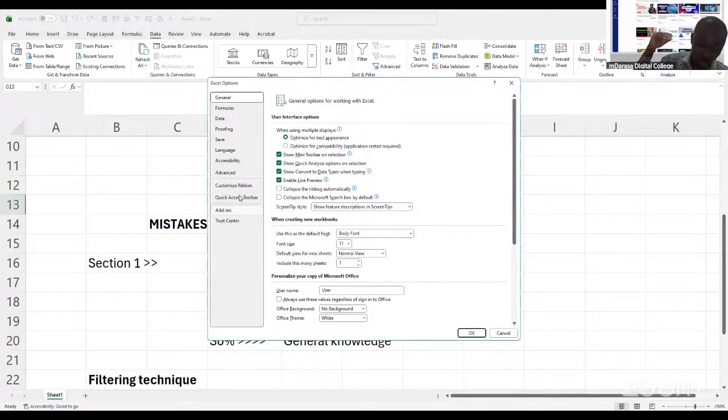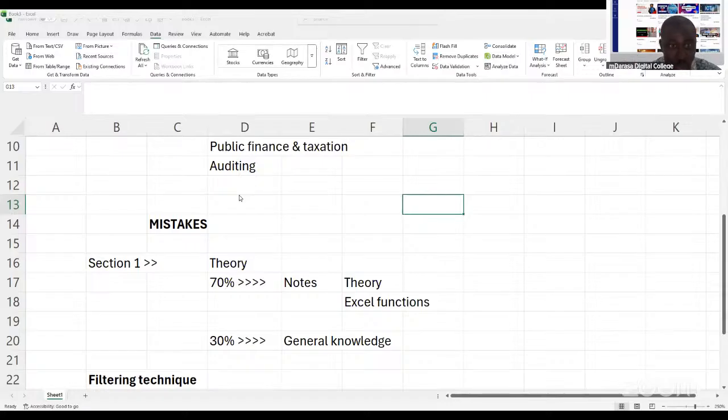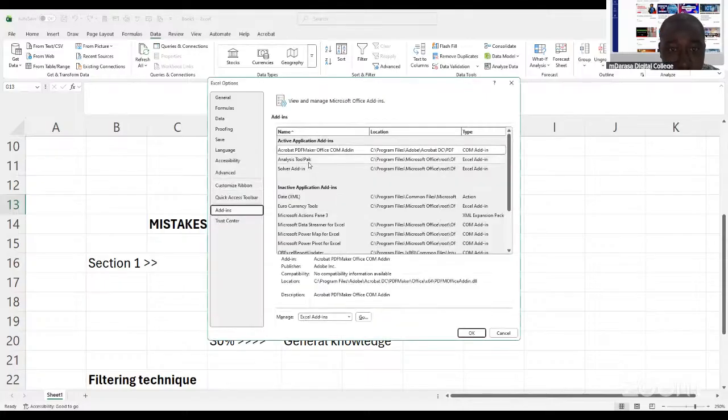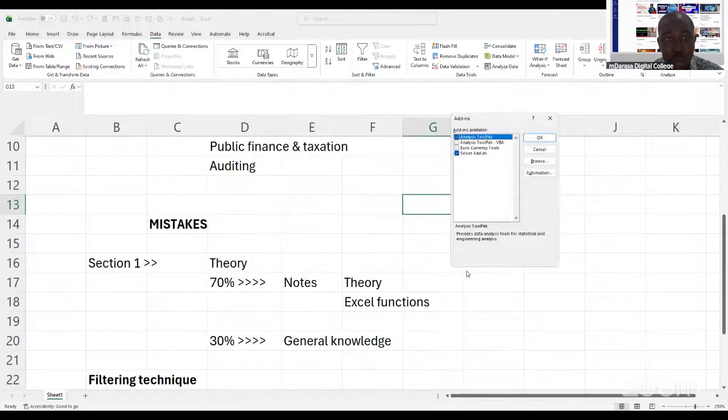That is, you go to File. In this case, you come to your add-ins at that point. Let it load. Under add-ins, you'll find that we have Analysis Tool Pack. So make sure you click Analysis Tool Pack, then you click Go. Most of the time, if the Analysis Tool Pack is not showing here, probably it